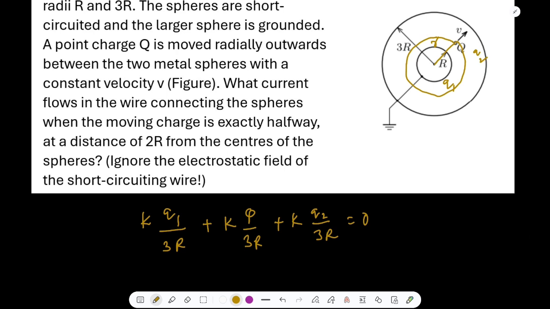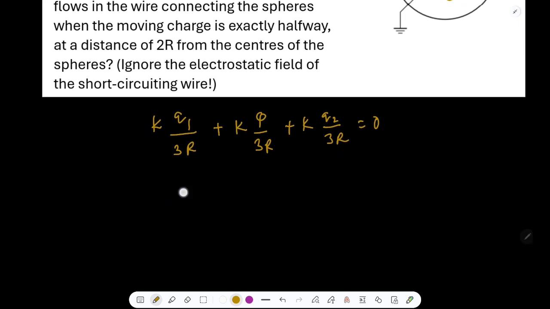And this says nothing but q1 plus q plus q2 is equal to 0. Suppose this is our equation 1, and we need to find one more equation,